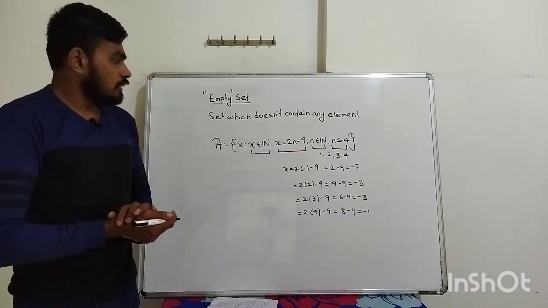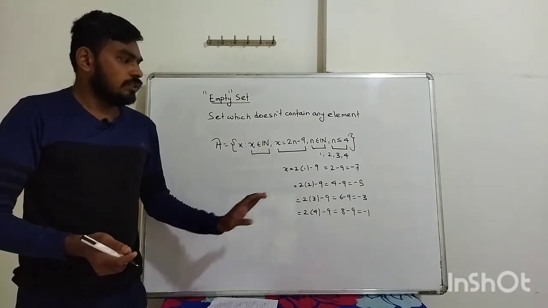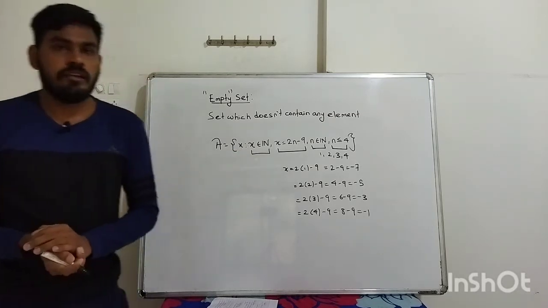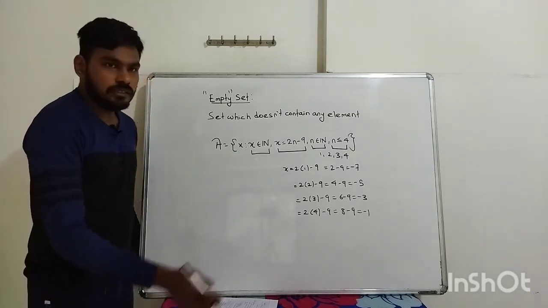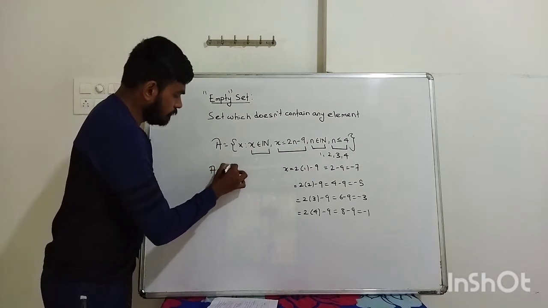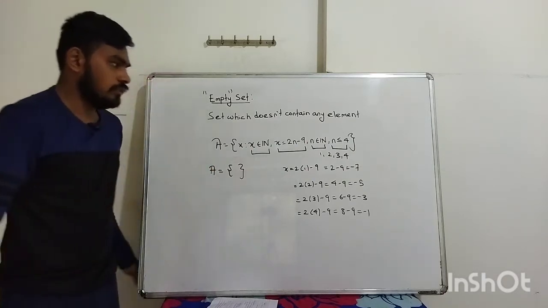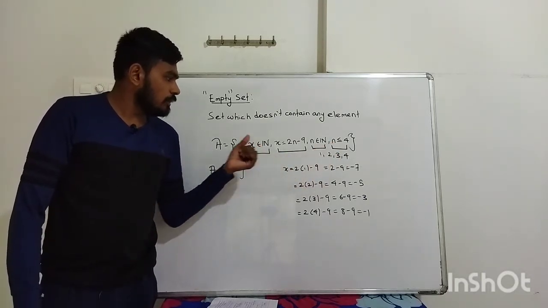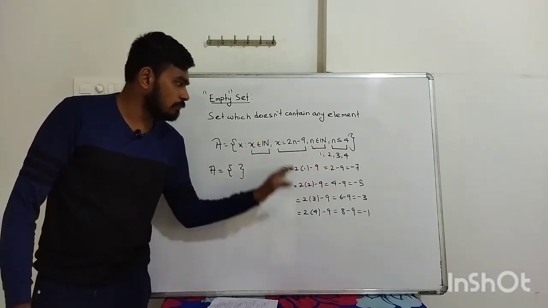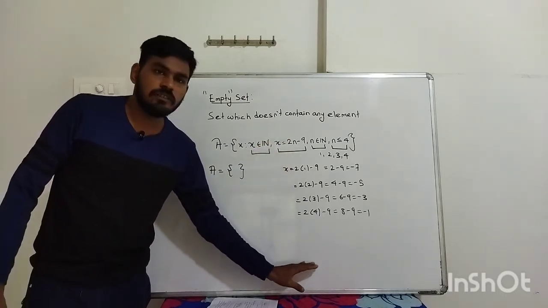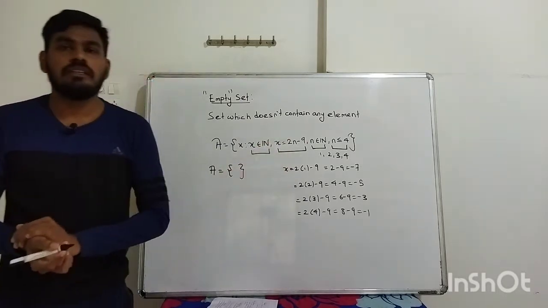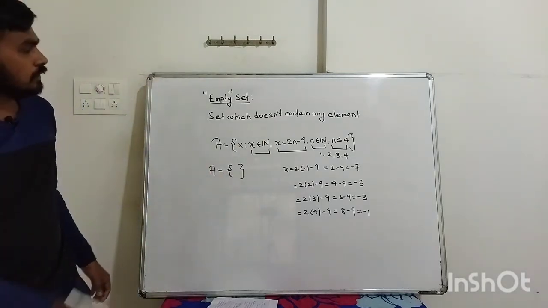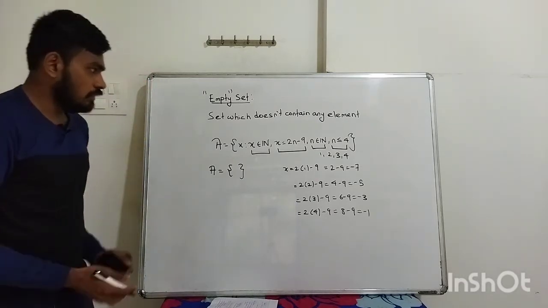Our next step is, out of these we select only natural numbers. But here there are no natural numbers, so we can't select any number. So this set will be empty. Understood? Because we want x to be a natural number. If there were a natural number among these after we calculate, then we would put that in the set. But since there is no natural number, we can't put anything here. So this becomes an empty set. Understood?